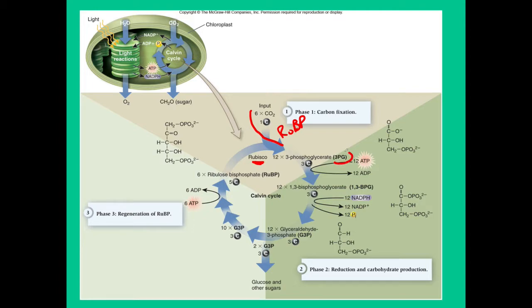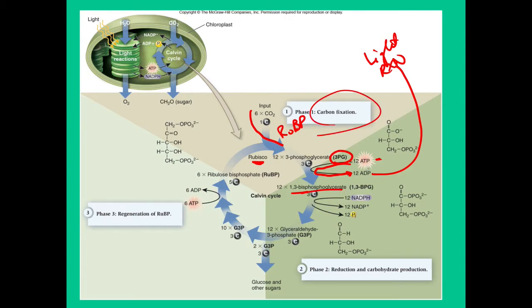Now we're with our 3PG molecule. There are 12 ATP that are used. These 12 ATP are input, right, to give us 12 ADP. Those are going to go back to the light reaction so that ATP synthase can convert them back into ATP. During this conversion, that energy input, we have a rearrangement that occurs, and here's our 1,3-bisphosphoglycerate. So this is that carbon fixation stage, and this is where we move into phase 2, that